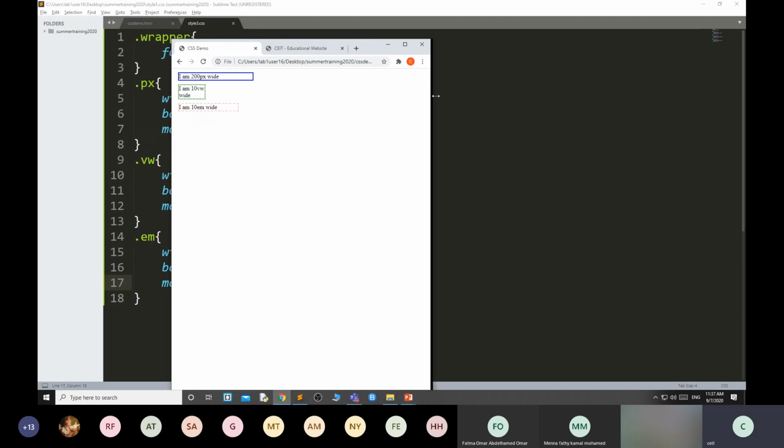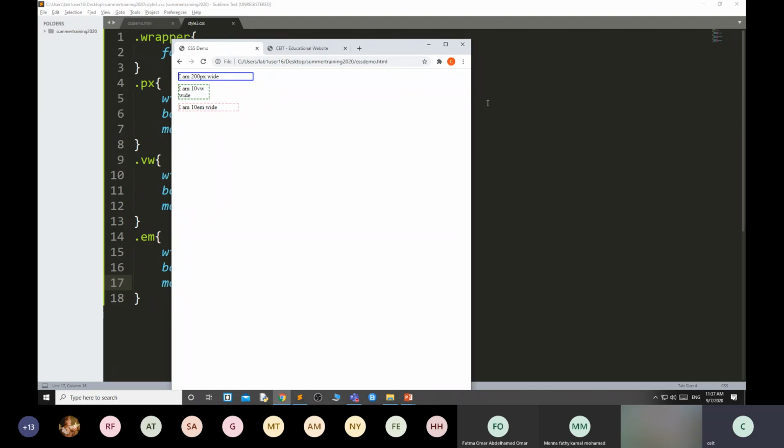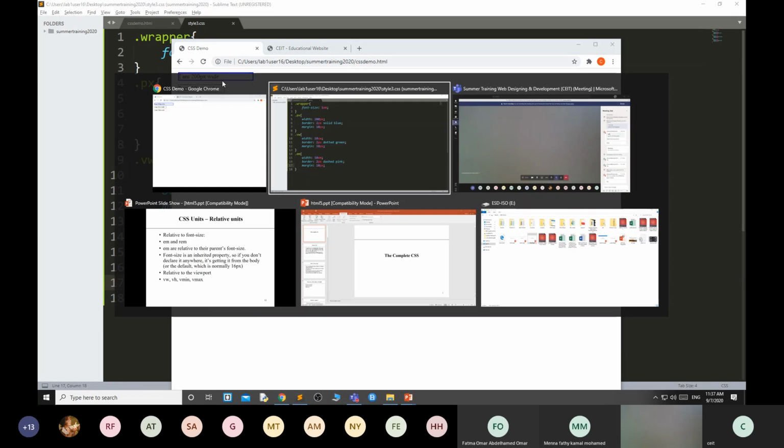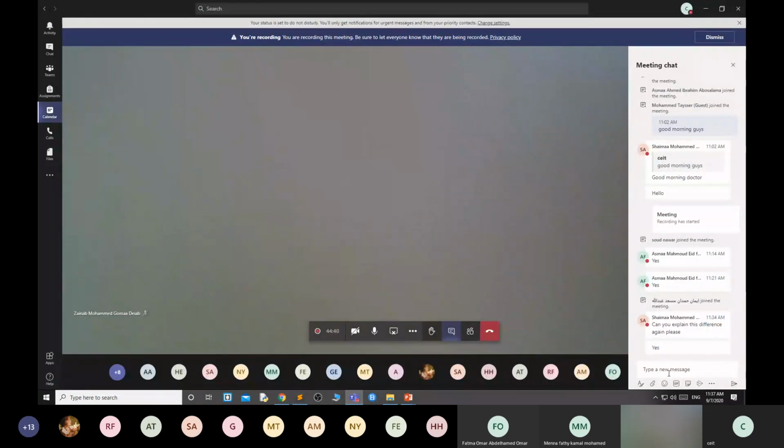Suppose now you change the screen size. Suppose the screen width is 200. Then take 10 of 200. Suppose this screen width is 400. Then take 10 of 400. That is known as relative. But absolute means whatever the screen size, take 200 pixels. Okay, Saima? Understood?